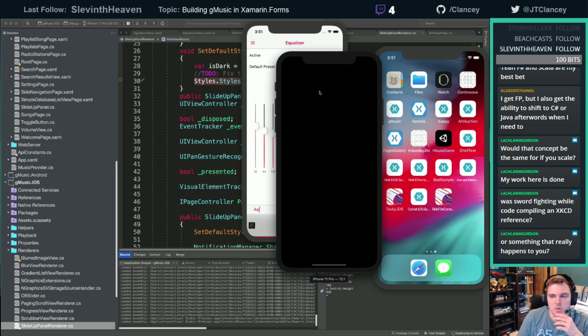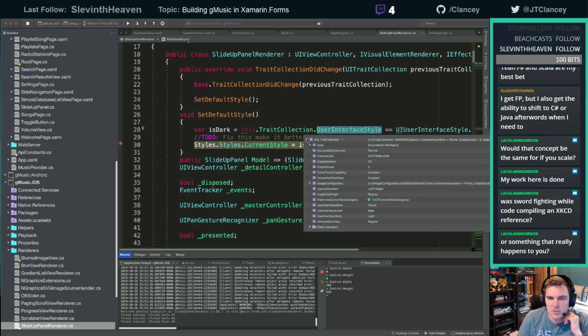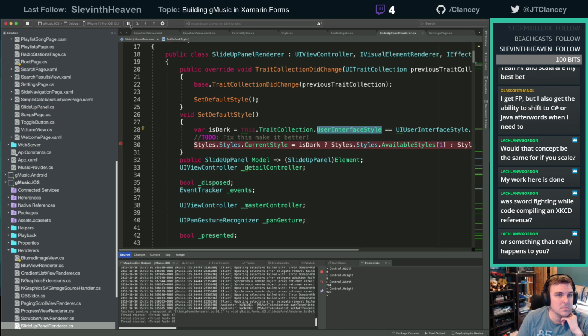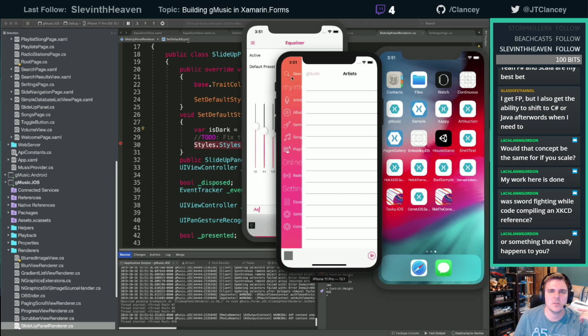All right, that's running. Let's see how this thing goes. It's current light. I'm glad that's safe to use.